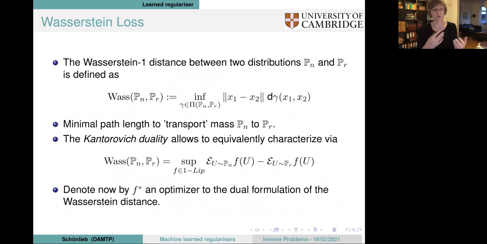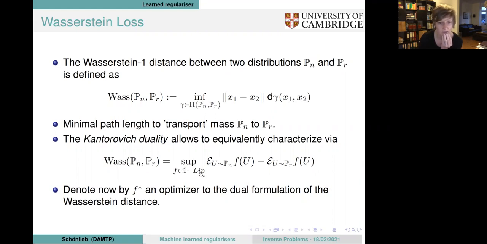So how do we do this now? What is the criterion? How do we formulate the criterion for the regularizer? We do this via the one Wasserstein distance between the distributions PN and PR. And how is this linked to the regularizer? It's linked by looking at the Kantorovich dual formulation of the one Wasserstein distance, which, if you are not into optimal transport, then actually this is the most important line here, which is we are looking for a regularizer